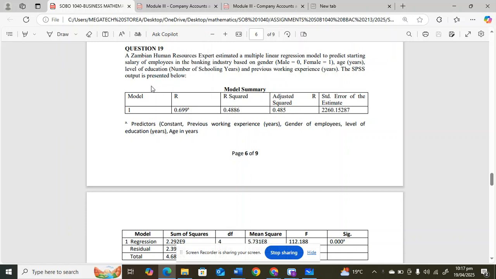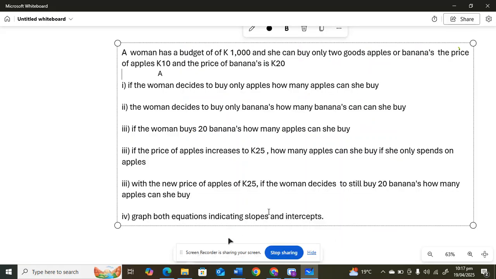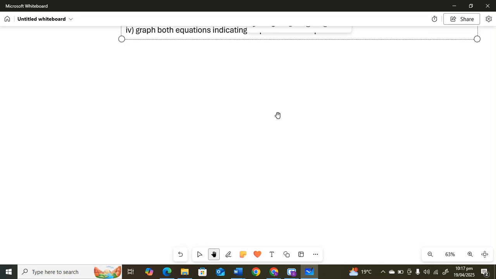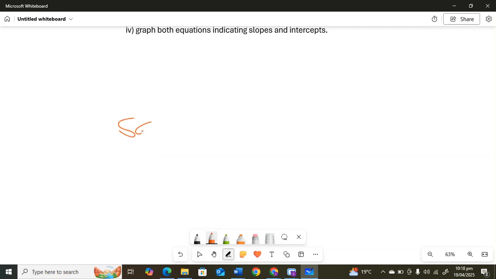So, colleagues, basically, this question is similar to the one that we did in question one. Whenever you hear linear regression, it's just an equation of a line where you have a dependent variable and independent variables. So, in this case here, our equation is like this to put it into context. You have your salary, which is the dependent variable. It's dependent on gender,